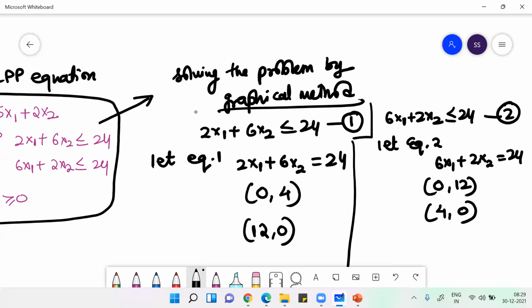Fine. So why are you putting 0 and all? You can put any value of x1 and you'll get the corresponding value of x2. The reason for putting 0 is just to make the situation simple. Ultimately, I want two things here: first, I want all my coordinates in integers, and next, I want to do it as simply as possible.